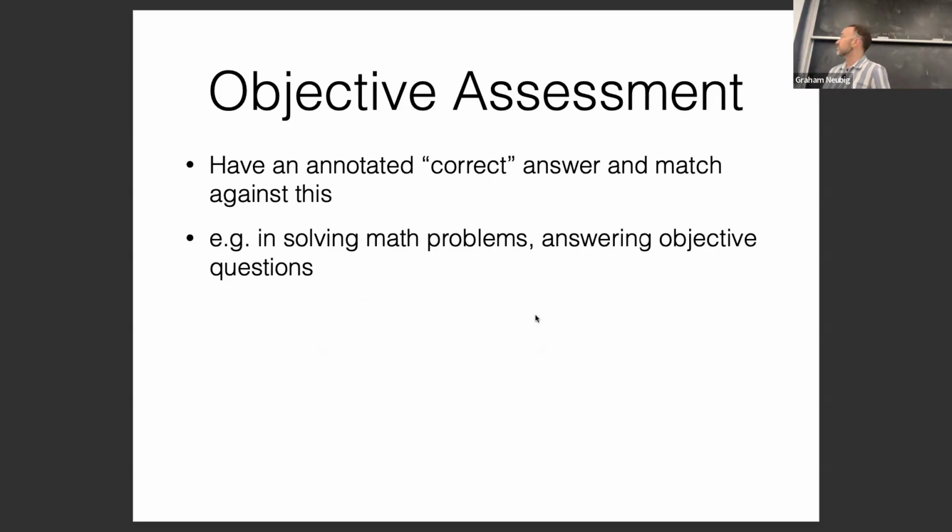There are some cases where there is objective truth about the outputs. One example is solving math problems. Another is answering objective questions that really don't have any argument about what the correct answer is, like where is the main campus of CMU located? Where is the main campus of Carnegie Mellon University located? Because if I say CMU, there's also Central Michigan University and other places like that. So Carnegie Mellon University.